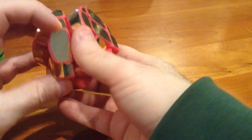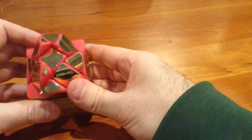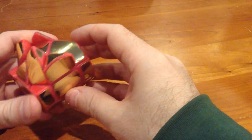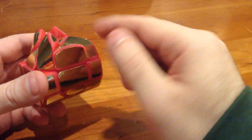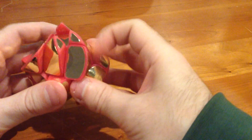And now we're about to see if we get our first parity issue. You can get Fisher cube parities, and actually I do get the first one here. I've only got one of these aligned right, and these 3 are not. I should have 2 or 4. Since I've got the odd number here, I do need to deal with that. So this is a Fisher cube parity, and I'm going to solve that by pulling an edge out and flipping it over. So the algorithm